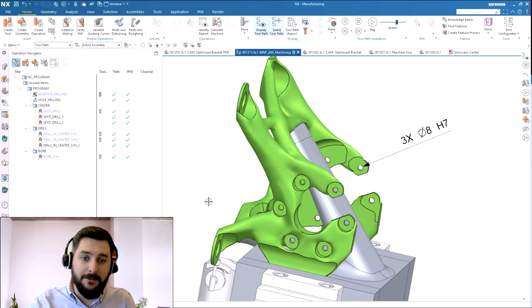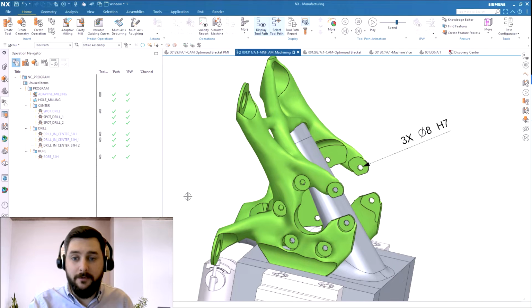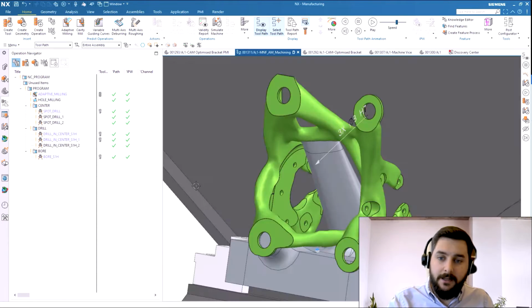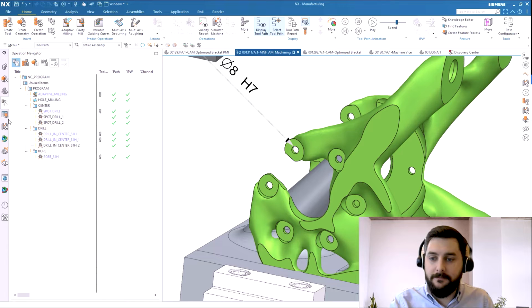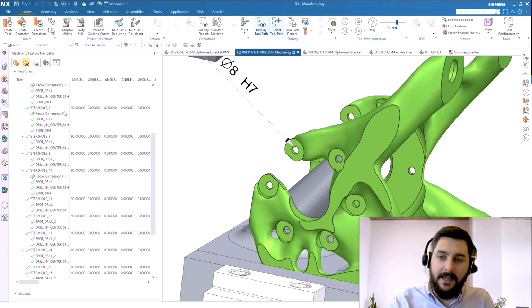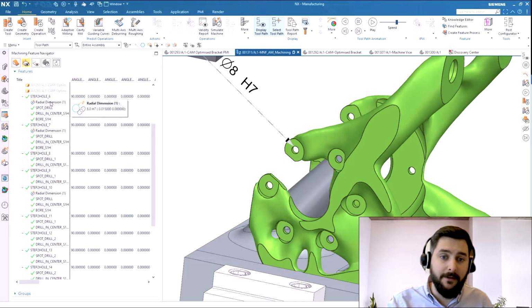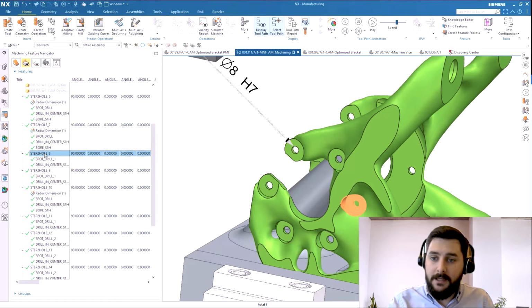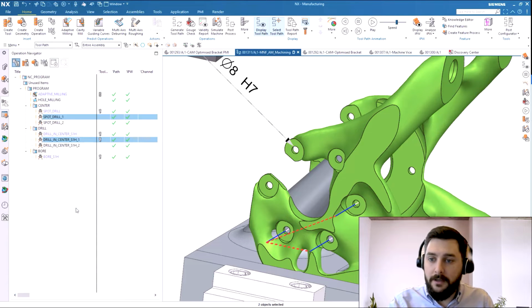As well as that, NX will read in the PMI data and tolerances to directly influence which operations are needed to meet those tolerance requirements. Let's take a look at these features in the Feature Navigator. As we can see, NX has found all 12 of the holes and identified 3 of them as having PMI data against them. If we take a look at the holes without PMI, we can see that these 3 holes,